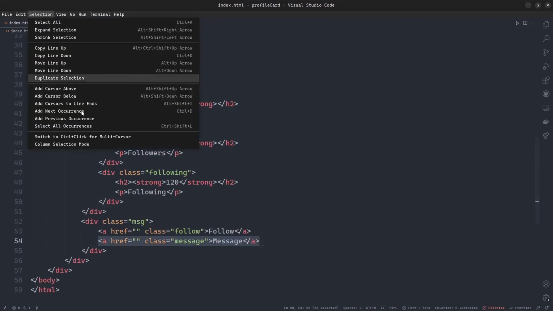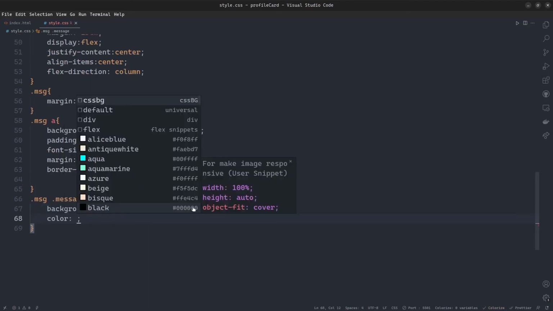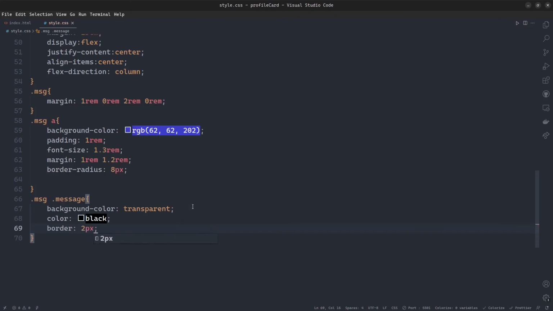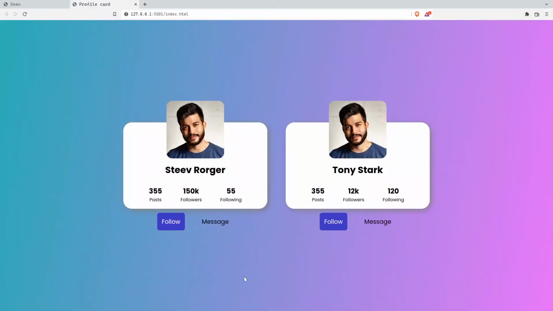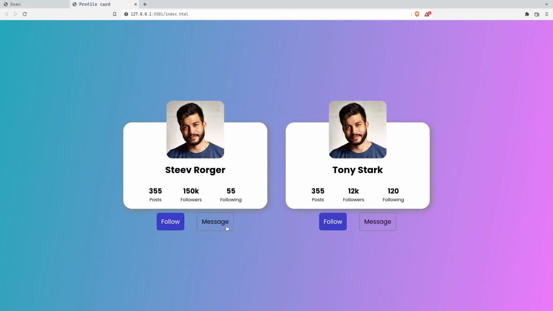and if I show you in the HTML, you can see that I'm passing this class in the message container or message button। ठीक है, मैं क्या करूँगा, यहाँ पर बैकग्राउंड कलर दे दूंगा ट्रांसपेरेंट, जिससे उसका जो कलर है वो हिडन हो जाएगा। And I'm adding a color black and border 2 pixel solid gray, and if I show you, you can see that we got this design here। ठीक है, तो यहाँ पर देख सकते हो कि हमारे पास ये आ चुका है।